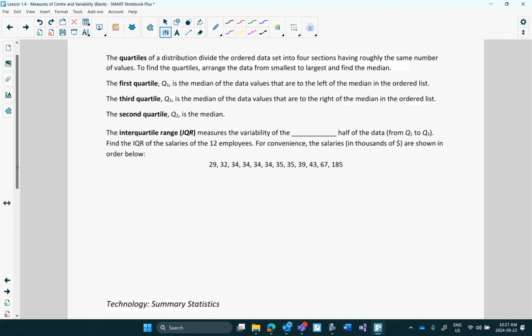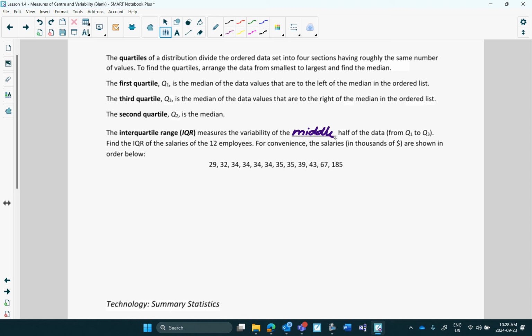The second quartile is the median, because remember we said the median, half or below, half or above. And the third quartile is a number so that 75% or 3/4 are below, 25% or a quarter is above. And when we get all those values, we find something called the interquartile range, which measures the variability of the middle half of the data